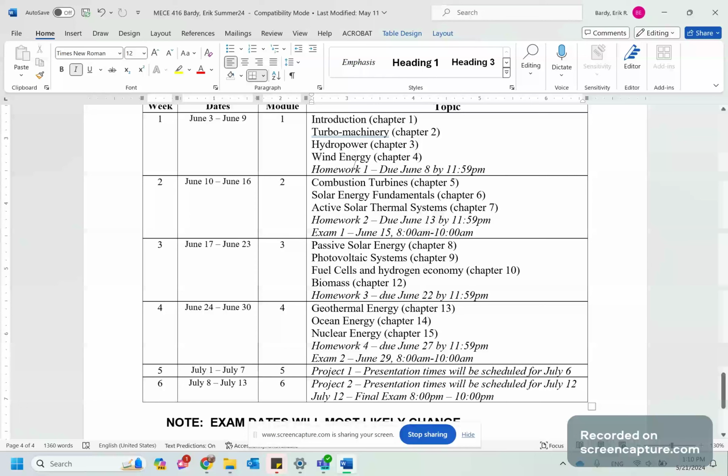For the homeworks, when they're due, you need to complete the homeworks in their entirety. Anything incomplete will result in docked points, and I will be grading a problem at random. That problem needs to be completed, or else you get a 0 for the whole assignment if you don't do the one problem at random that I have chosen to grade.